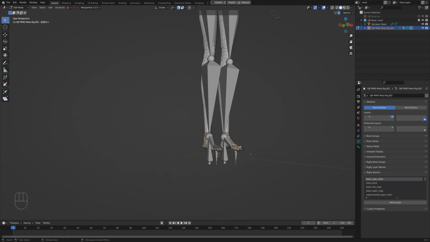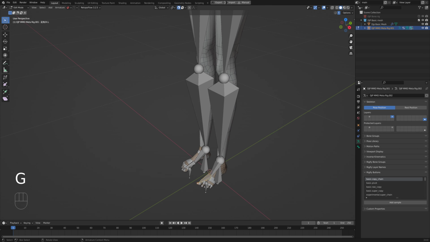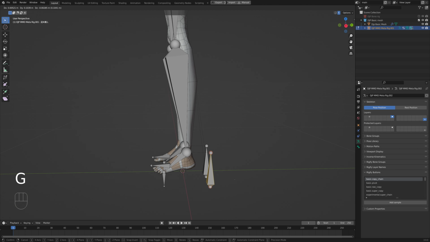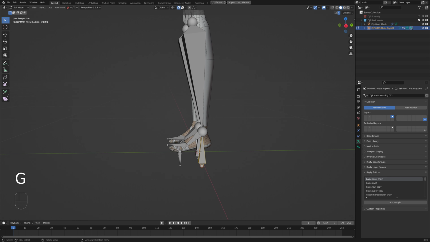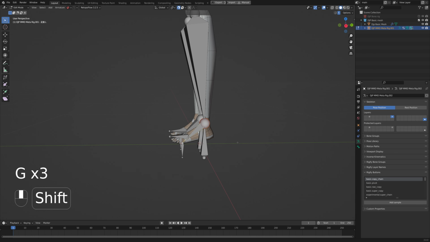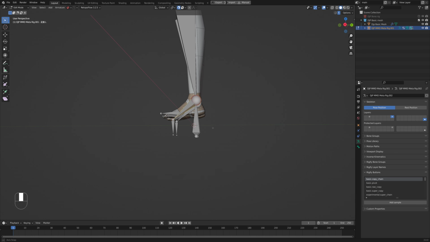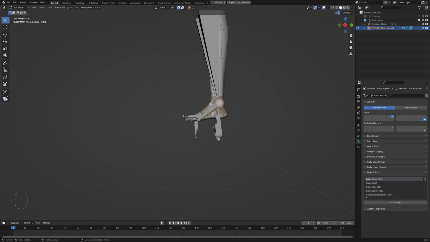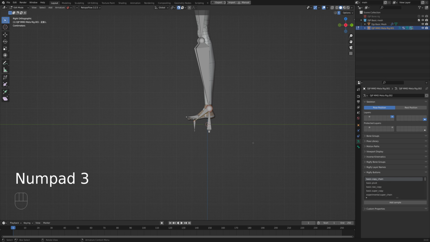Now we want this one to be moving the same as the ones underneath. As you can see, we have two bones overlapping each other, so that's the main reason why we want those two layers toggled on. So let's go to side view, press 3,